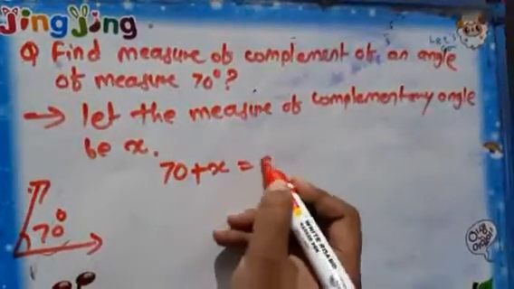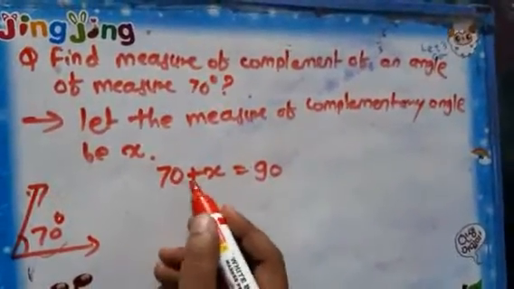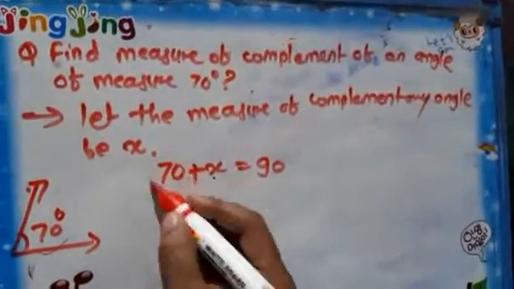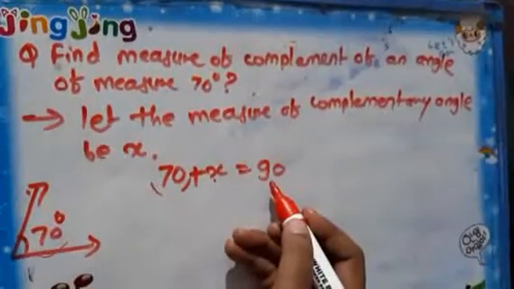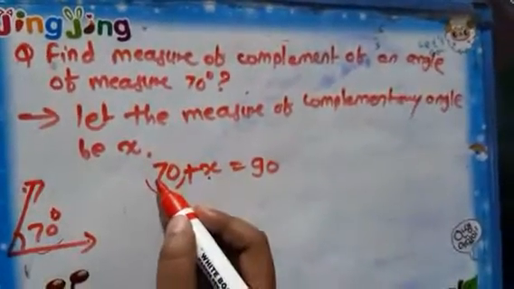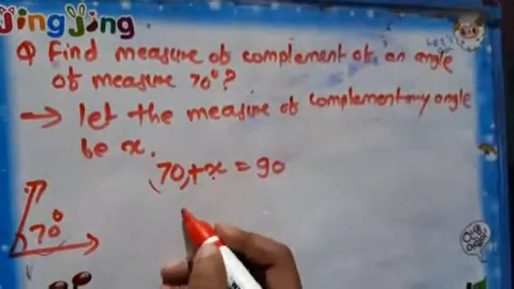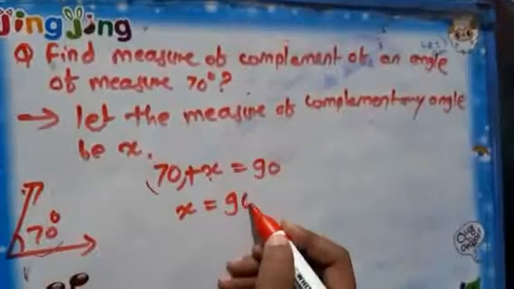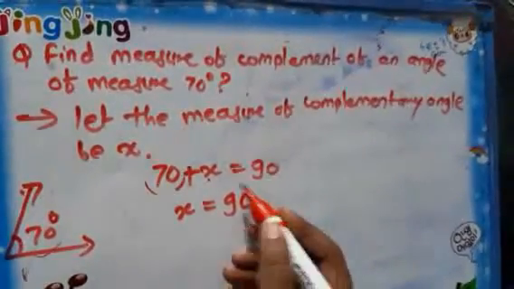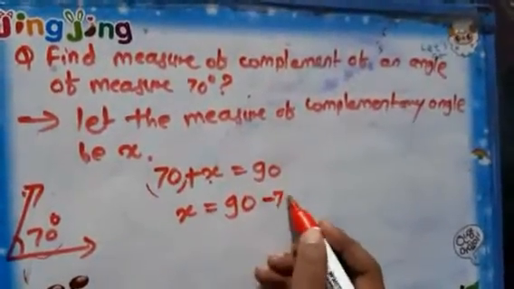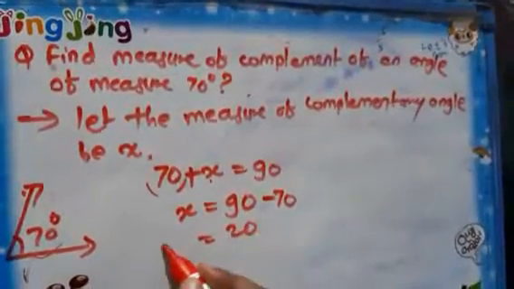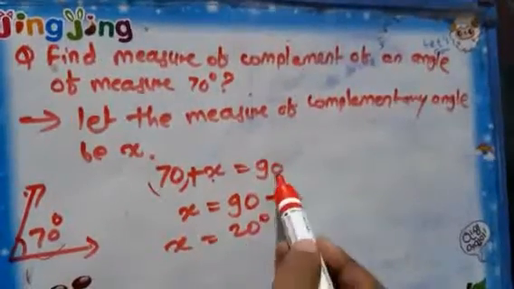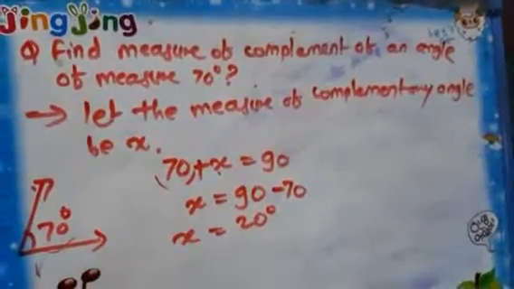70 plus x is equal to 90. The addition of these two will be 90. So to find x, we will send this 70 next to the equal to sign. We will transpose that. So 70 is positive, it will become negative. So here is the remaining x. 70 we are going to send here. Already next to the equal to sign 90 is present, so 90 as it is we will write. 70 is becoming negative, minus 70, so it will be 20. x will be equal to 20 degrees. You can check that 70 plus 20 is 90. Means the remaining angle will be 20 degrees.